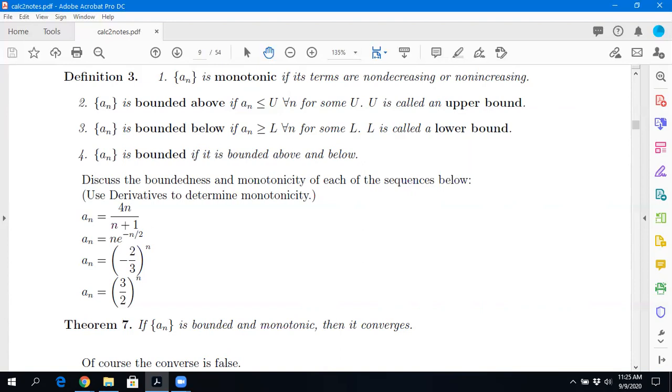By the way, what do these things converge to? Let's just quickly think this through. As n goes to infinity, think carefully about 4n over n plus 1. What does that converge to? We know it converges. We know it's increasing and bounded above by 4. And what does it actually converge to? 4. You could use L'Hopital's rule if you wanted to, or you could just think about rational functions.